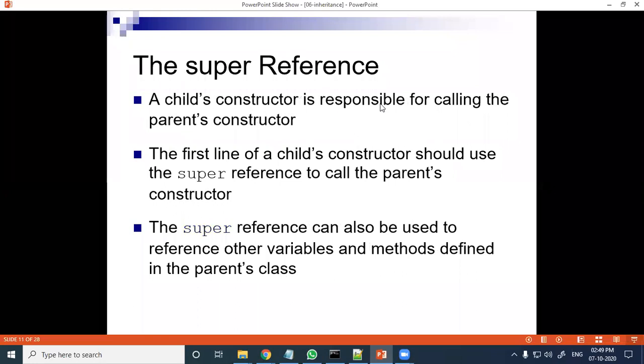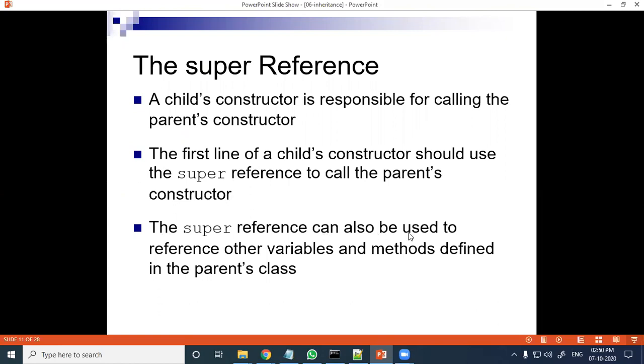A child constructor is responsible for calling the parent constructor. So inside the child constructor, we can call the parent constructor. If you want to call it explicitly, then the super keyword is required. The first line of the child constructor should be super. We will see the reference constructor later.